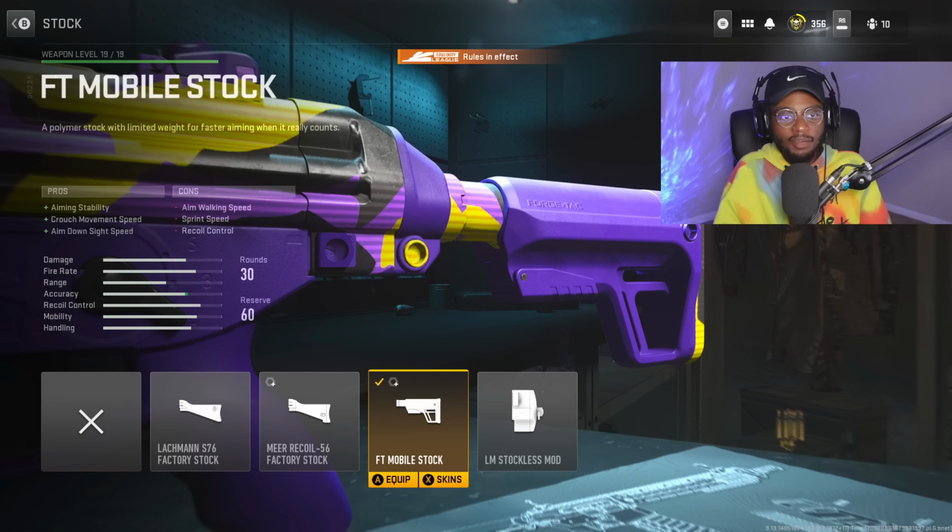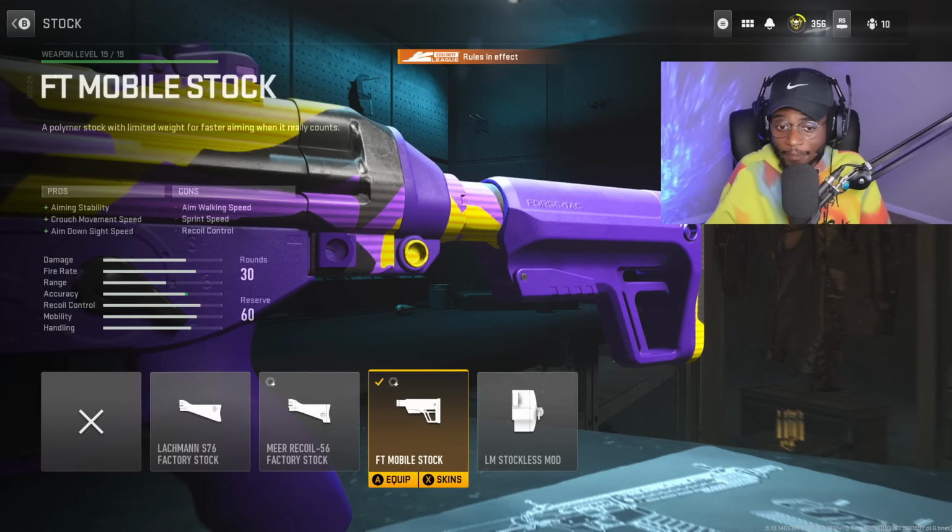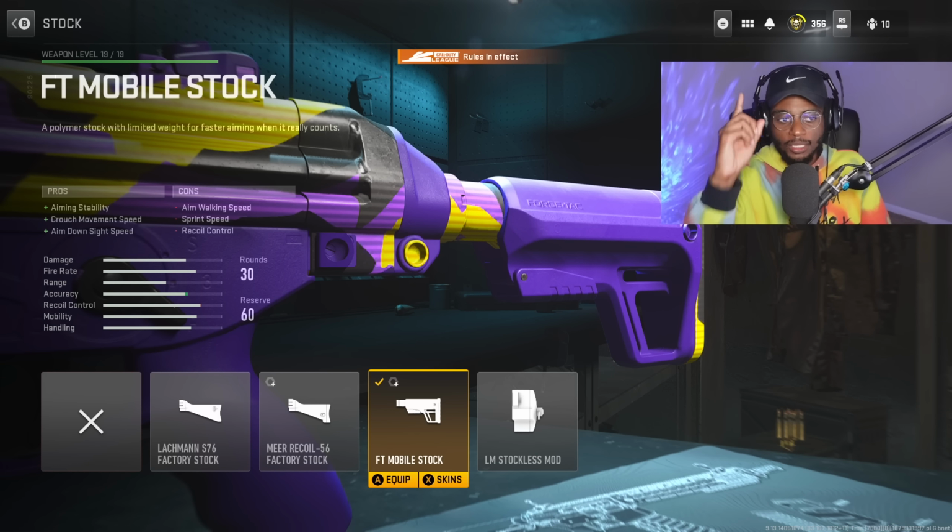Now, for the stock, we are going to be rocking the mobile stock. Now, I wish we could rock the stockless mod, but the recoil control is a little bit uncontrollable. And in ranked play, that is exactly what we don't want to have happen. So having this attachment with that stability, crouch movement speed, and aim down sight speed is going to be the